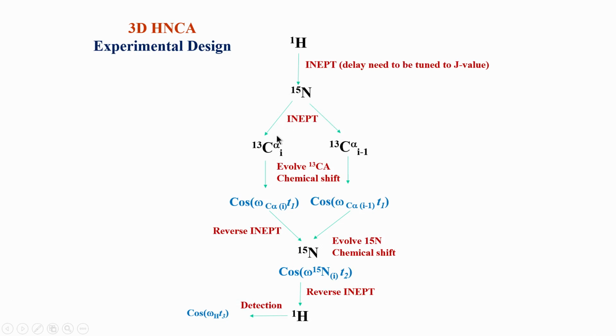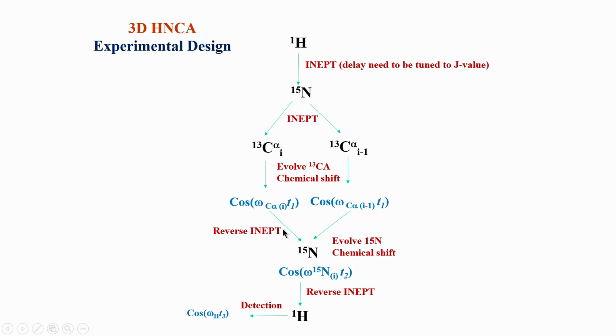So, this transfer is simultaneous, then you evolve the chemical shift. Now, if you notice, nitrogen is not evolving here compared to what I showed in HNCO, but that is okay because nitrogen can be evolved either here or here, it does not matter. Practically we do it in this part. Once you transfer to C alpha, you evolve the C alpha chemical shift. Because both have been transferred, they will both be captured, as C alpha I and C alpha I minus 1 in T1.